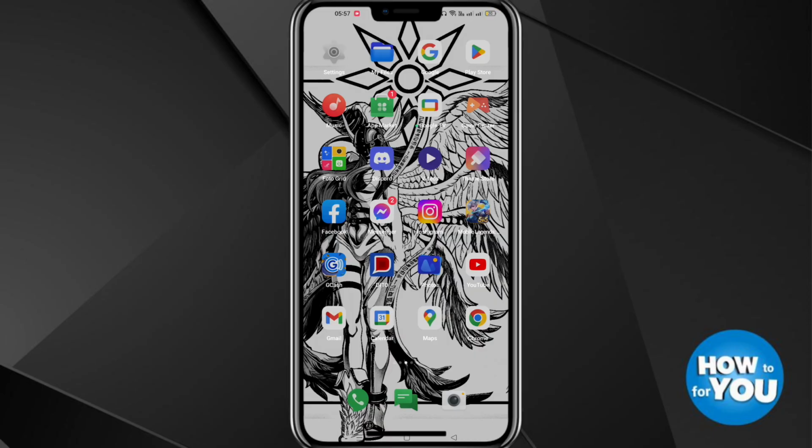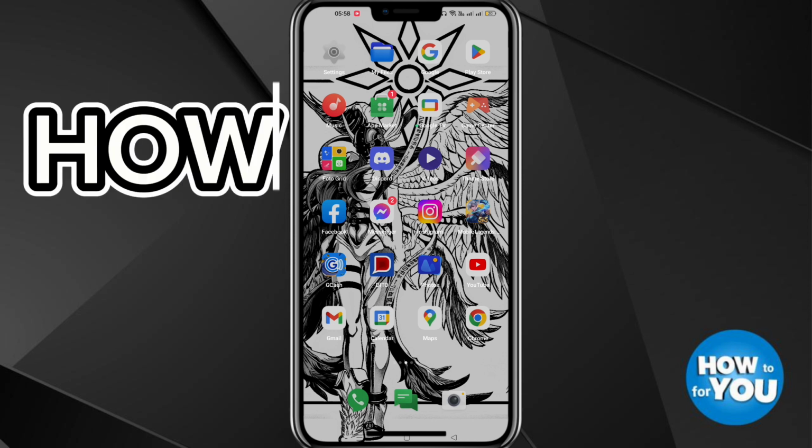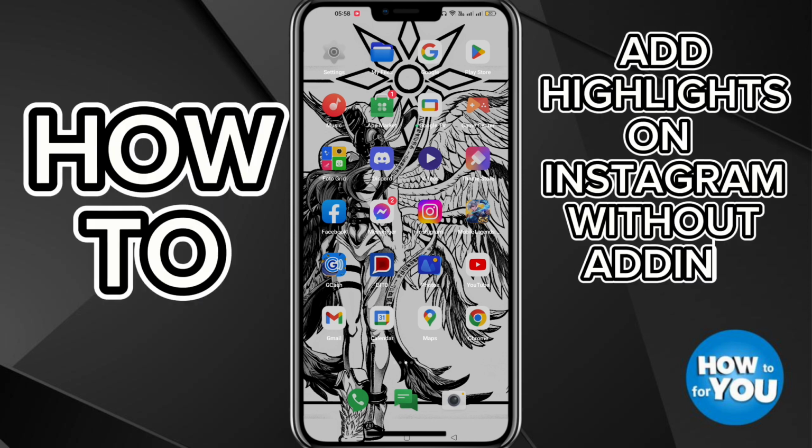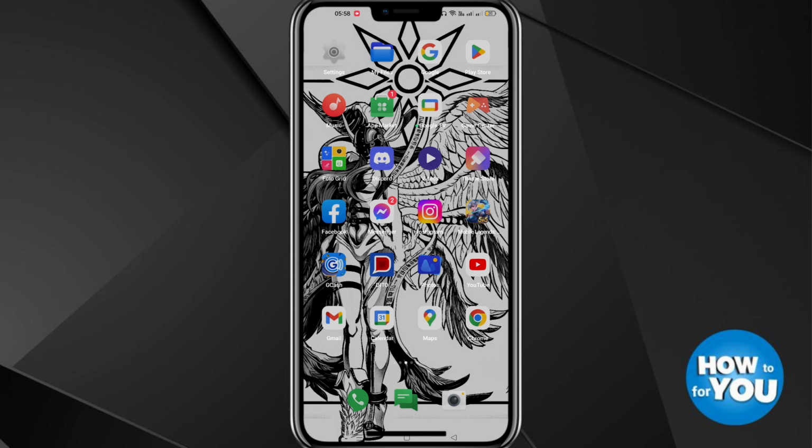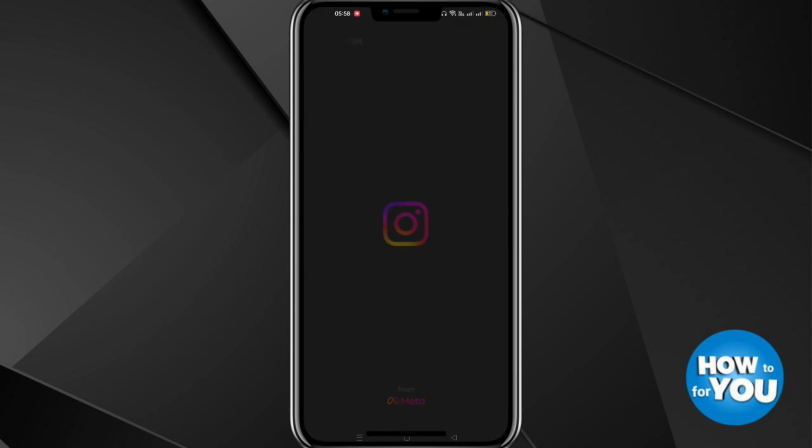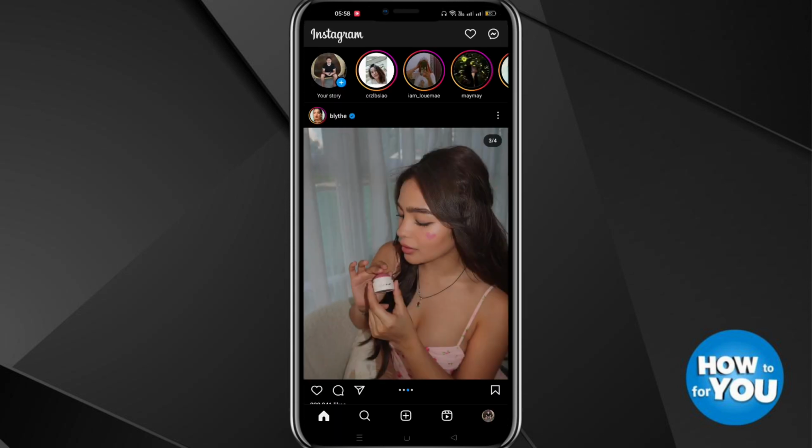Hi guys, for today's video I will show you how to add highlights on Instagram without adding to stories. So let's get started. First, open the Instagram application in your mobile phone and we need to go to settings